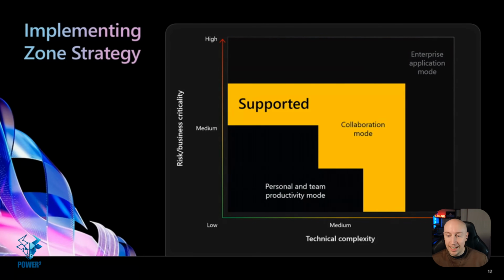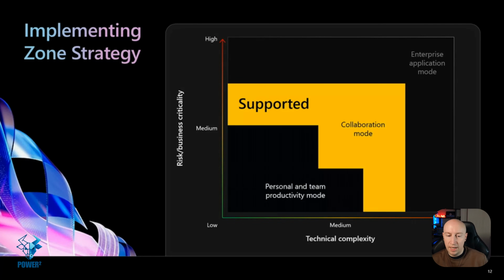So on to the next tier. This is the collaborative side of things. So let's say that we've built our Copilot Lite agent, but we want to add a little bit more to it. Maybe we want to share it with a few people in our team. That's where we would go into this supported element. So this might be a shared environment in Power Platform where we've got a Copilot Studio agent. Maybe it has a few actions and it's shared with a few people, but we're not looking at something that's at that enterprise level. We're not looking at something that's mission critical with extremely sensitive data. We're in that middle ground at the moment with this.